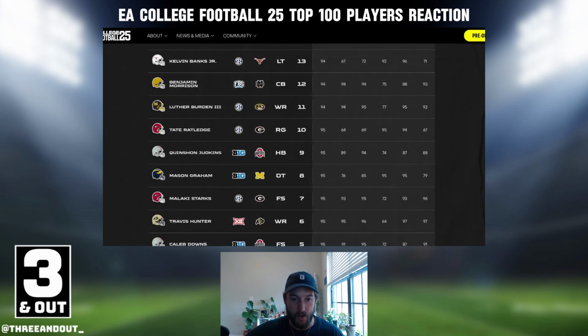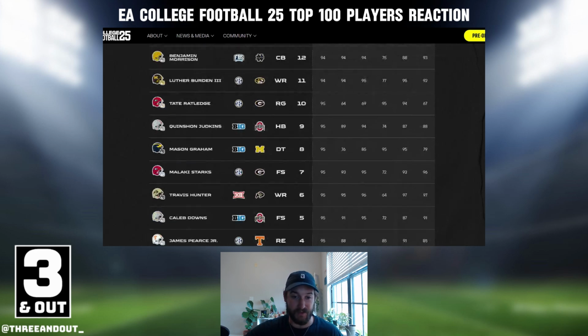Then you have the do-it-all Iron Man, both sides of the ball player, Travis Hunter, at number 6. They have him listed as a wide receiver, which I guess is his primary position, but he does play on the defensive side of the ball as well. Plays both positions very well. He's a 95 overall at number 6 with 95 speed and 96 acceleration. I believe the fastest player we've seen up until this point. He's going to be an absolute weapon to use in this game. Colorado is going to be a lot of fun, at least queuing it up and playing with him on offense. You saw how high Shedeur Sanders was ranked, along with Travis Hunter, and they have some weapons for sure.